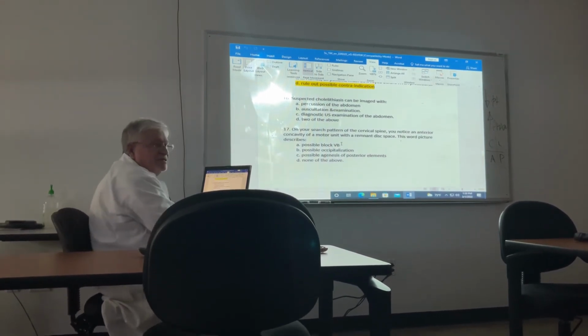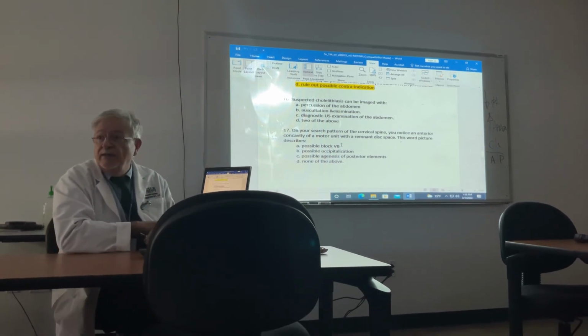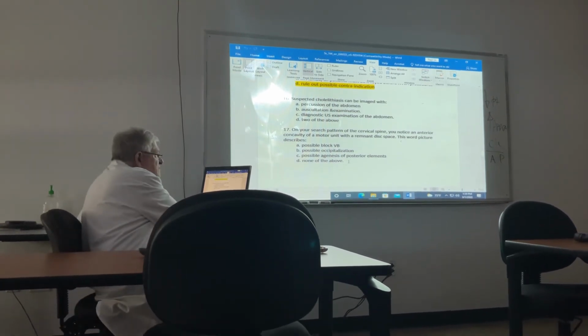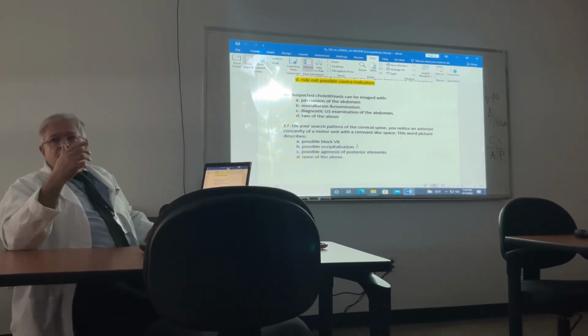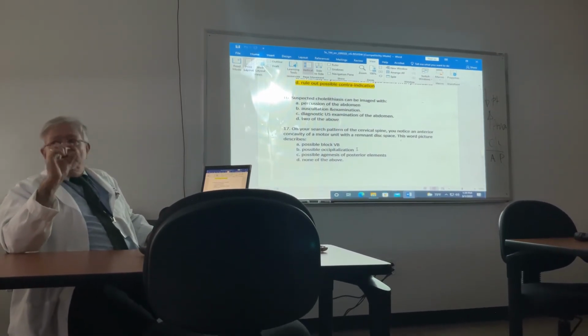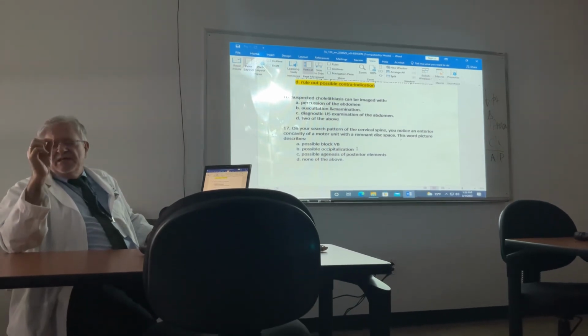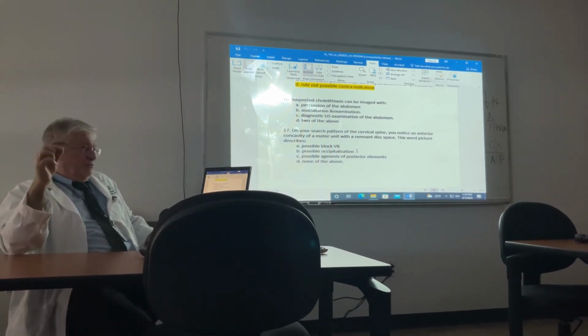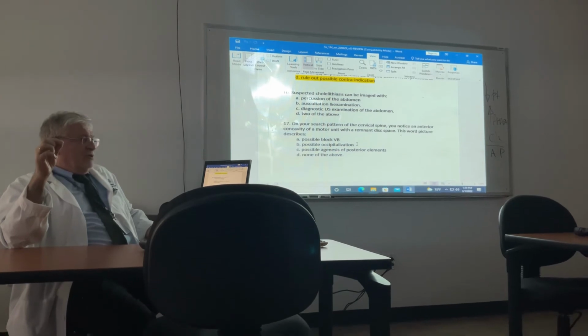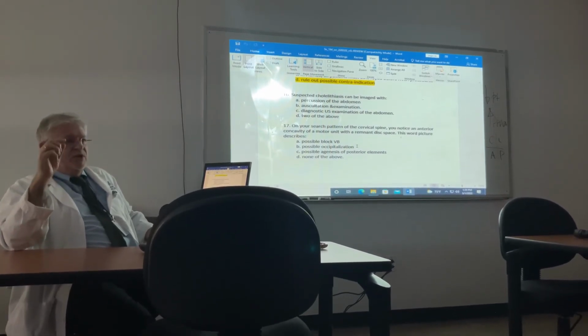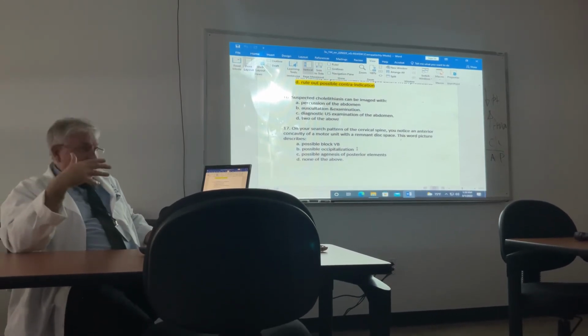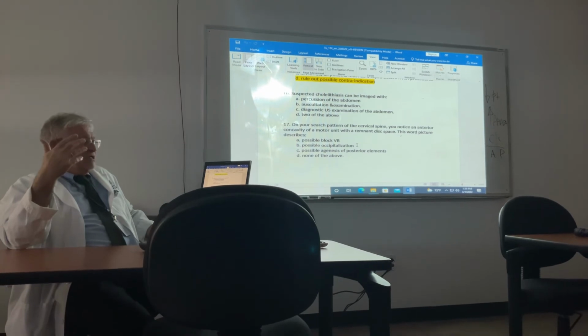All the characteristics of a typical block vertebral body. Now, if you don't know what occipitalization is, help me. It's when the C1 is fused, no space between occiput and C1. It doesn't happen after the car accident; we're born that way. Someone notices there's no space between occiput and C1. What do we do? Flexion. Okay, and the next thing is, why do we want to do an MRI?